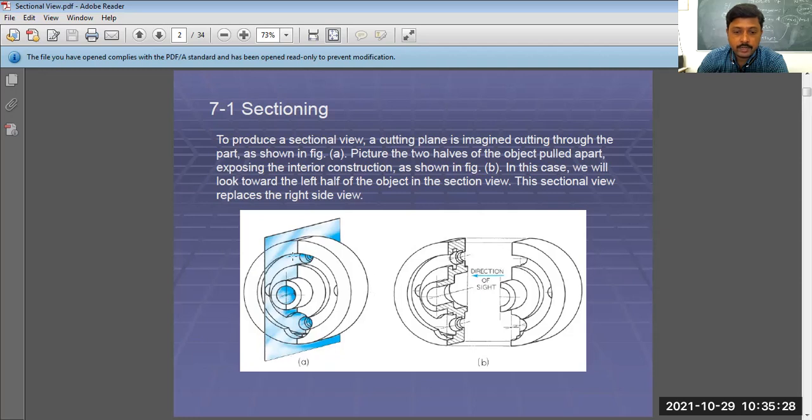We are getting the left hand side view on the right side and the right hand side view on the left side. Because if we cut this portion here and we see this part, this is actually the left hand side view, which is going to come at the right side, and the right hand side view will be seen on the left side. This is a basic fundamental thing that you should know about right hand side view and left hand side view. Okay, this is the direction of sight or direction of looking. The person is looking from this direction, that is the right direction. Okay, I think it is clear to you.